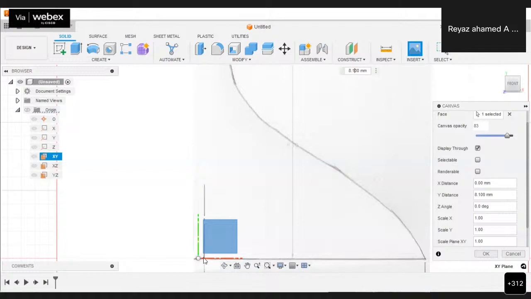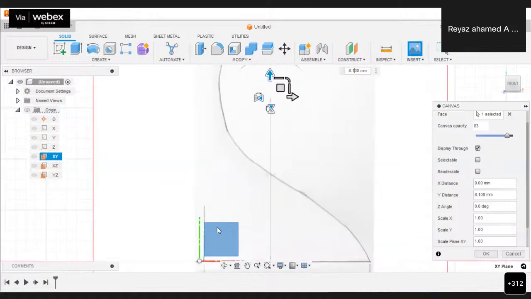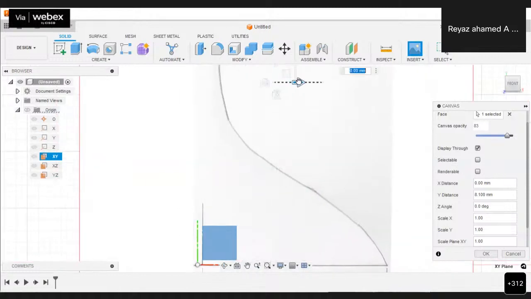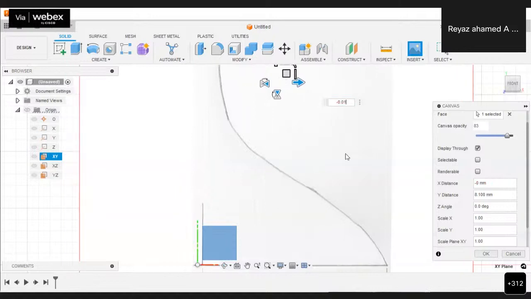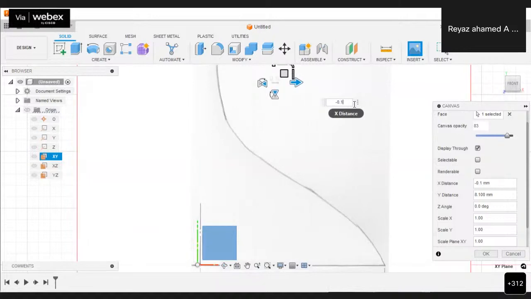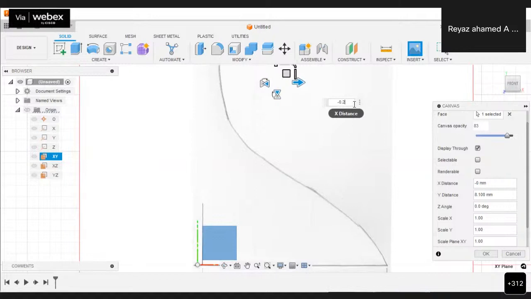So still it has to be adjusted on y-axis. So let me move the horizontal cursor actually, towards backwards. So now it is moved 0.50 mm. So let me change the value to minus 0.01. No, it's not getting updated. 0.2, or else let us give 0.1 or else 0.2.